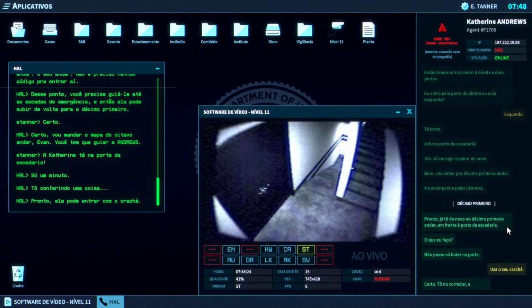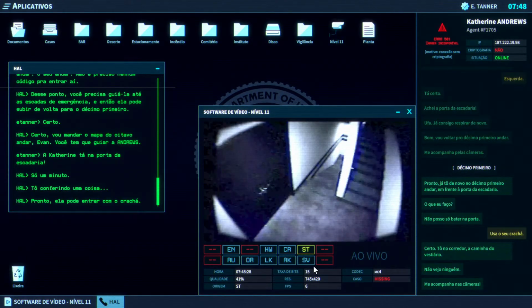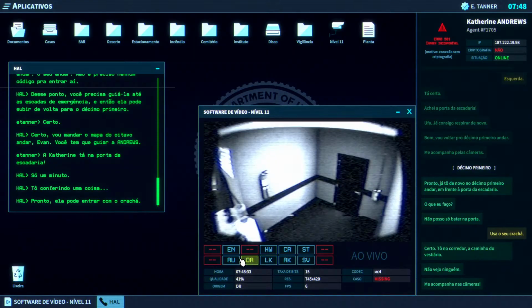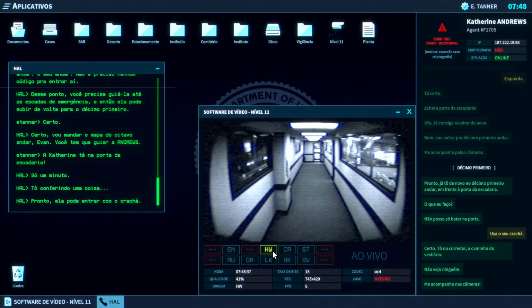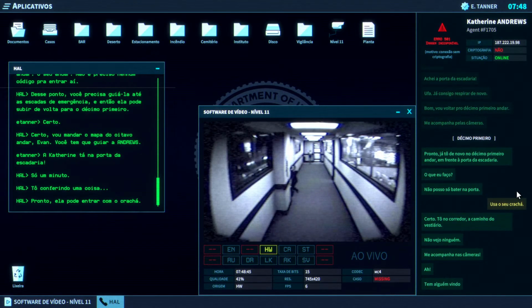I'm in the hallway, en route to the locker room. Looks clear. Follow me on the cameras. Someone's coming.